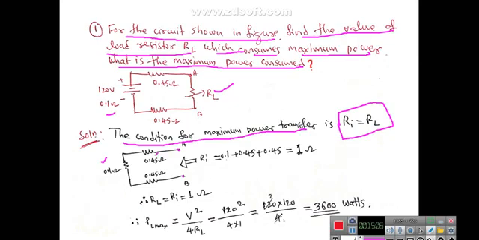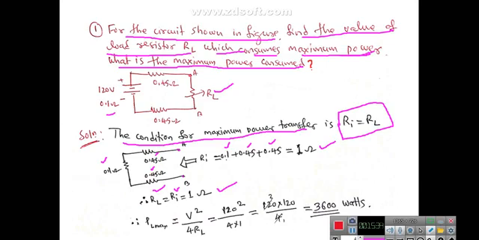0.45, 0.1, 0.45. Those all three are connected in series. So 0.1, 0.45, 0.45. So that equivalent resistance Ri is equal to 1 ohm. Therefore, you can write RL is equal to Ri, that is equal to 1 ohm. So in the given network, RL should have a value of 1 ohm. Then you can transmit the maximum power to the load.